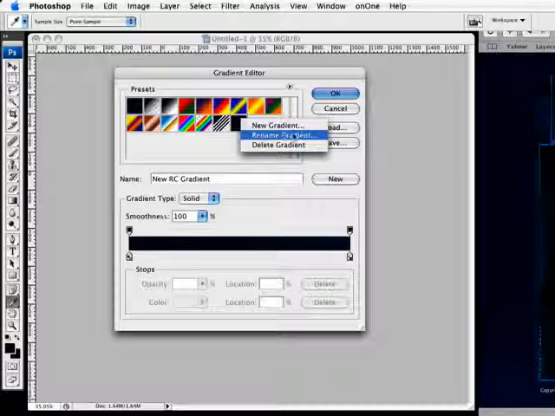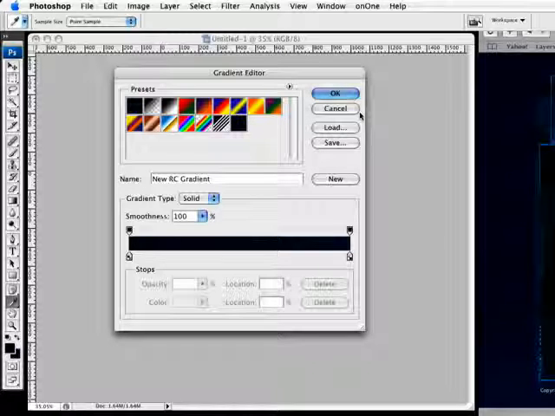So you have a lot of different choices when you work with this, and hopefully this shows you how to take that gradient one step